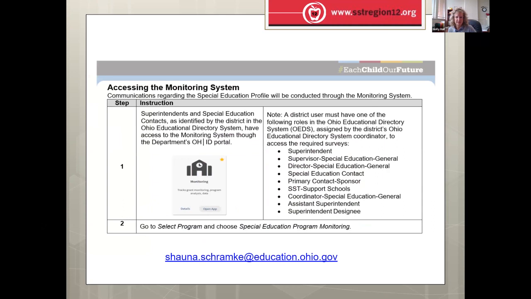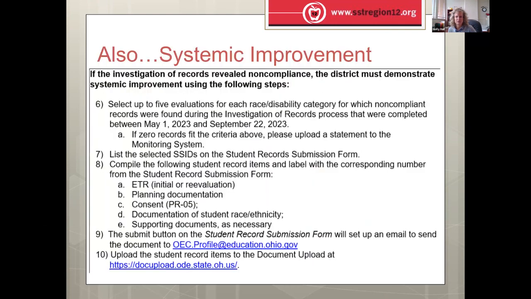So thinking about systemic improvement, we go back to this monitoring system for the evidence that we have to upload, but also this other layer of systemic improvement. Just a special note, if there were areas of non-compliance when we submitted those records, there's this other layer. You have to select 5 evaluations for each disability category where there was non-compliance that were found during that investigation of records